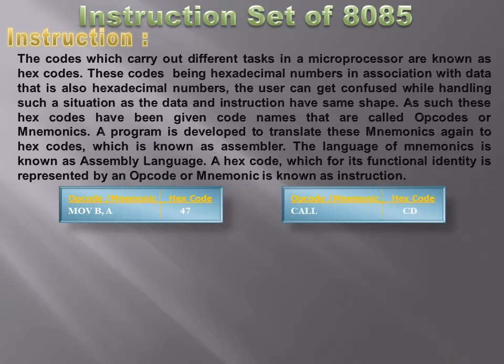Before actually knowing about the instruction set of 8085, we need to again refresh about the electronic machines, digital machines in particular, that they work with the help of binary codes. And in programming type of machines, the machines which are programmable,